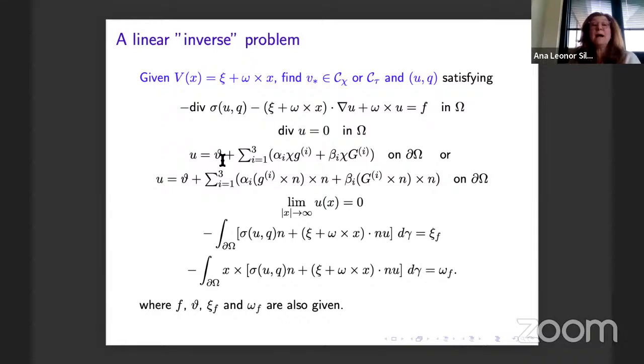Let's assume that now we have some velocity that is given here also. And let's try to satisfy these equations, the equations associated with the motion of the rigid body, by putting here 6 unknowns. So this will be the boundary values that we will put in the case of localized controls. This is the boundary values that we are going to put on the boundary in the case of tangential